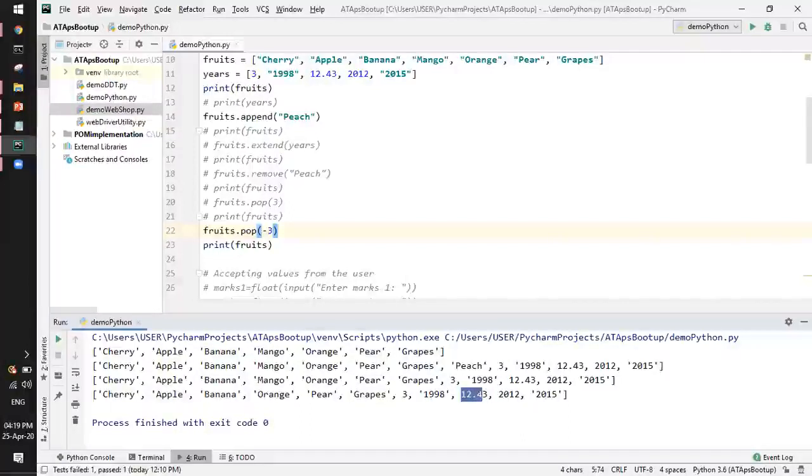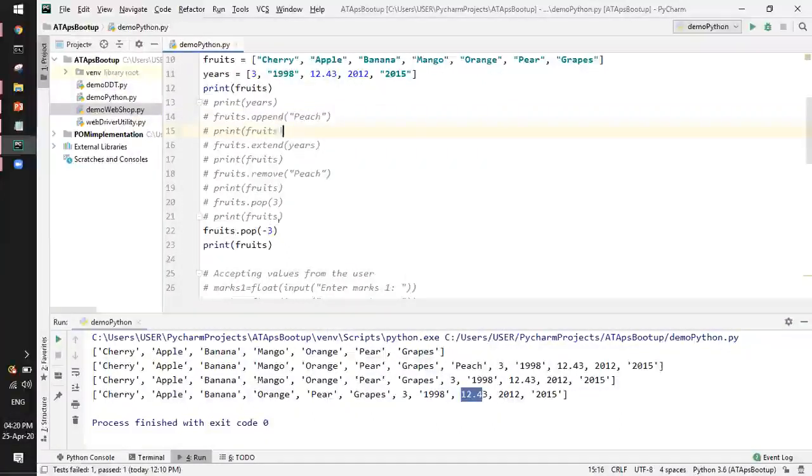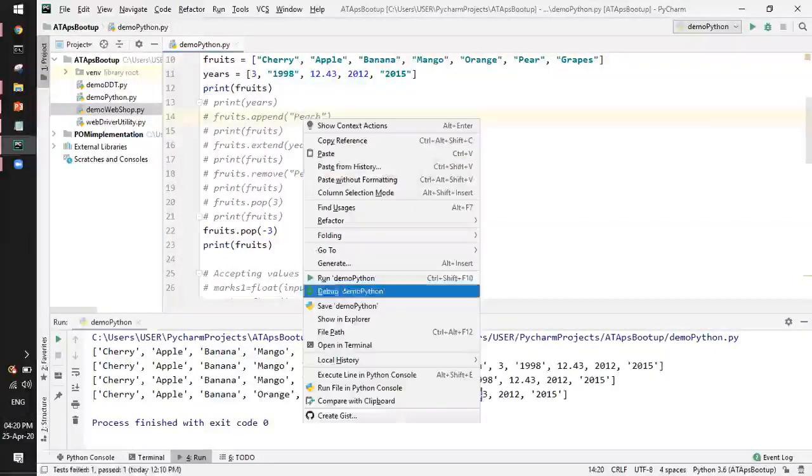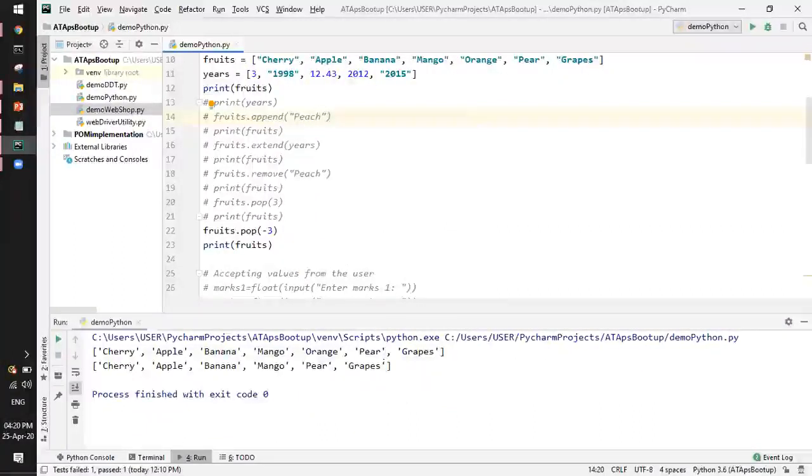So with minus 3 it will remove the third last element from this particular list. I'll execute this. So basically I'm removing the third from last, so grape, pear, and orange. So orange should be removed. You'll see that. So you can see the orange value is the only thing which is not present in the new list.